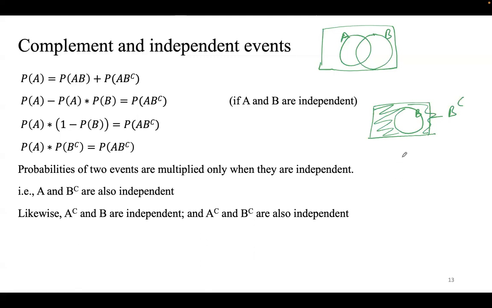So this means the probability of B complement happening. If you forget about A and you're just talking about the event B, then either the event B will happen or the event B will not happen. The fact that B is not happening means everything except B. Anything except B has happened. So that is the complement. And that's nothing but 1 minus the probability of B.